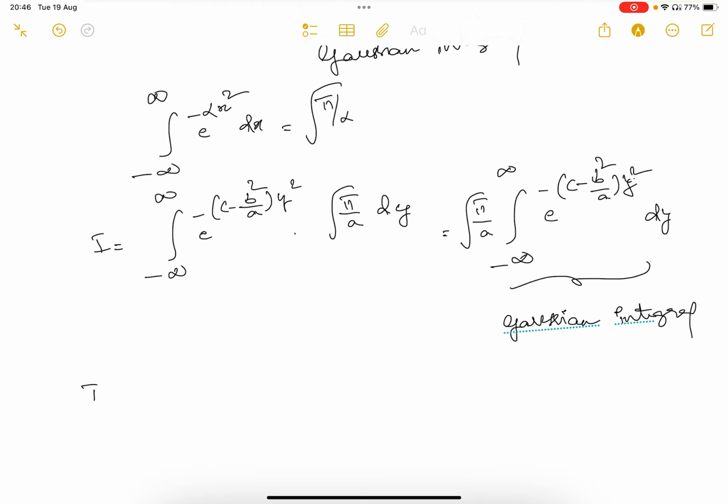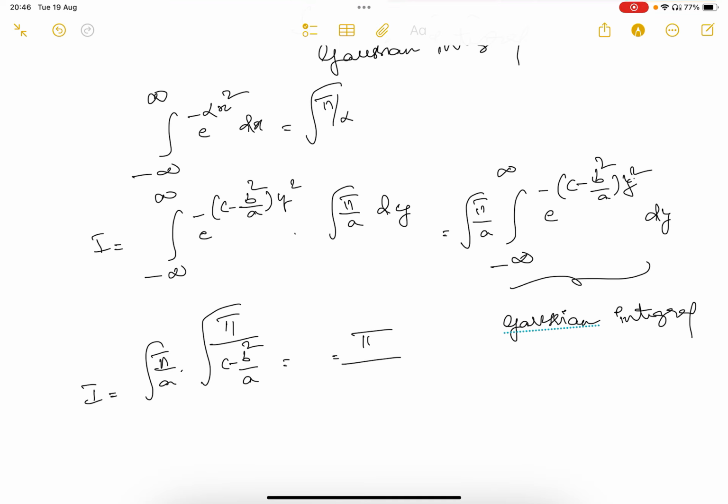So I will be root of pi by a into, here alpha is c minus b²/a, right? Then it will be pi by (c minus b²/a), which is